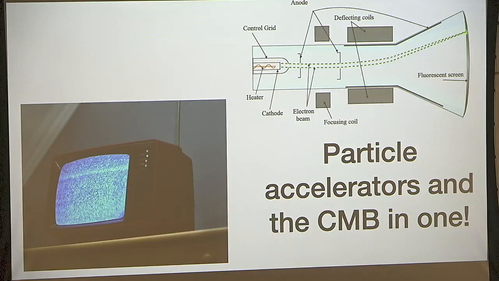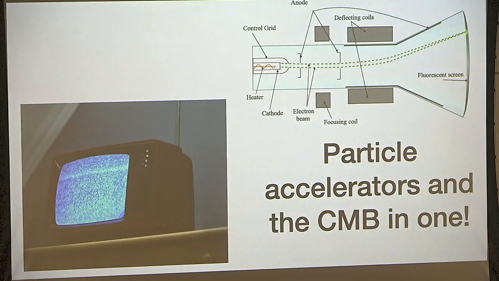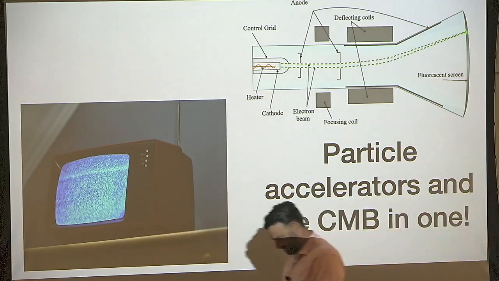Okay? Now, amazingly, TVs of old had all this technology, right? Because I'm sure you've also heard that in this static, when you have an old antenna TV, there's a little bit of the CMB that you're picking up there too. So maybe it's a sad thing we're miniaturizing everything and losing this connection to what the basic physics was. But I still don't want one of those on my desk any longer.